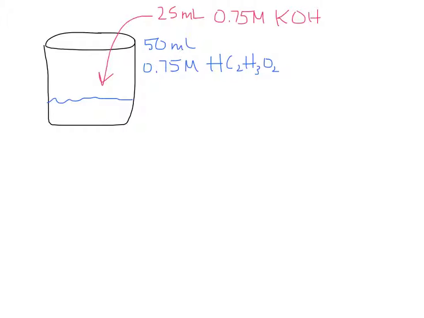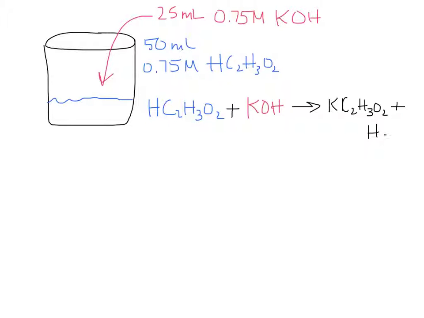And the chemical reaction in this case specifically would be the acetic acid reacting with the strong base to produce a salt. In this case, the salt is going to be potassium acetate